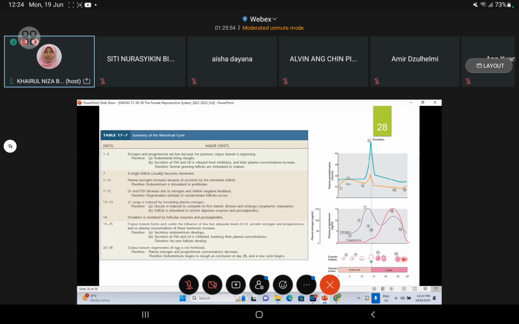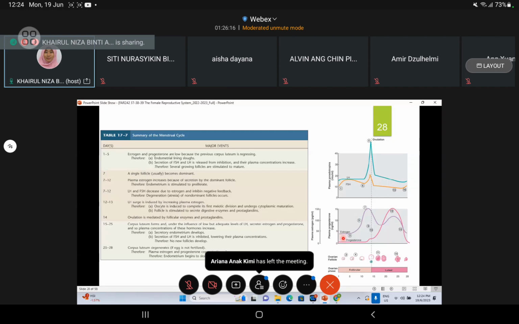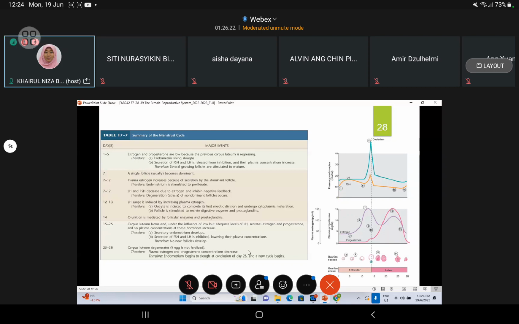Okay, but if there is no fertilization and there's no implantation, that means this corpus luteum will then transform into corpus albicans, having no endocrine function. Thus, having no endocrine function, that means there's no estrogen. So estrogen is at a very low level,